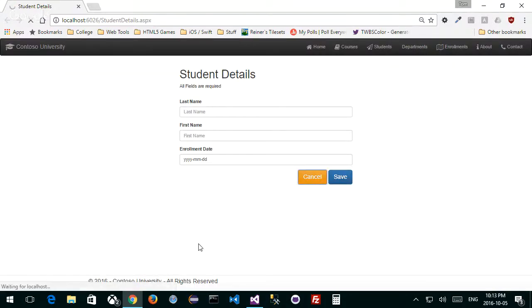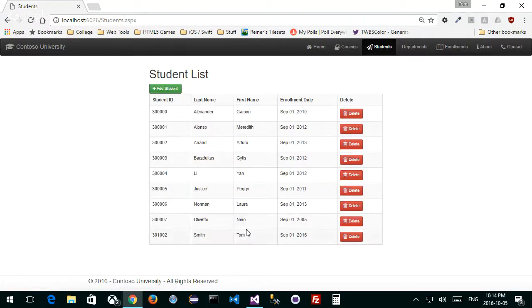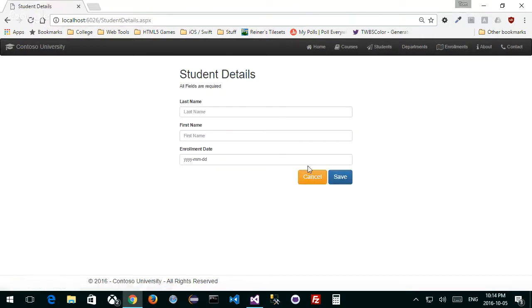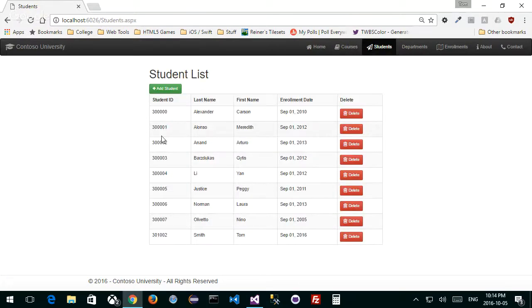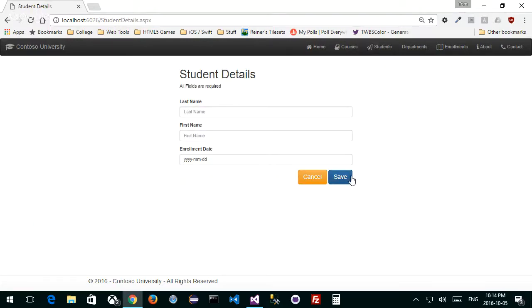Click cancel and then back to the students page. Like student details, it's going to take me back to the students page. I should get this. If I click add student now, it's going to take me back to here. I got that functionality linked, right? Go back. It's going to take me back to here, right? This is good. It's a good thing. Now what I want to do is click save and make that do something.